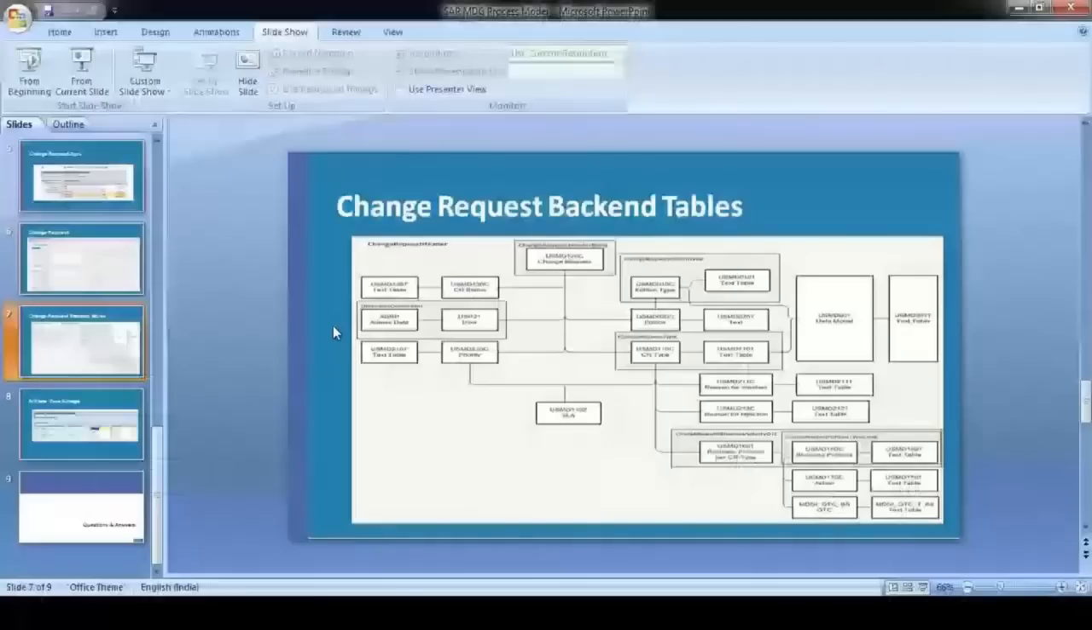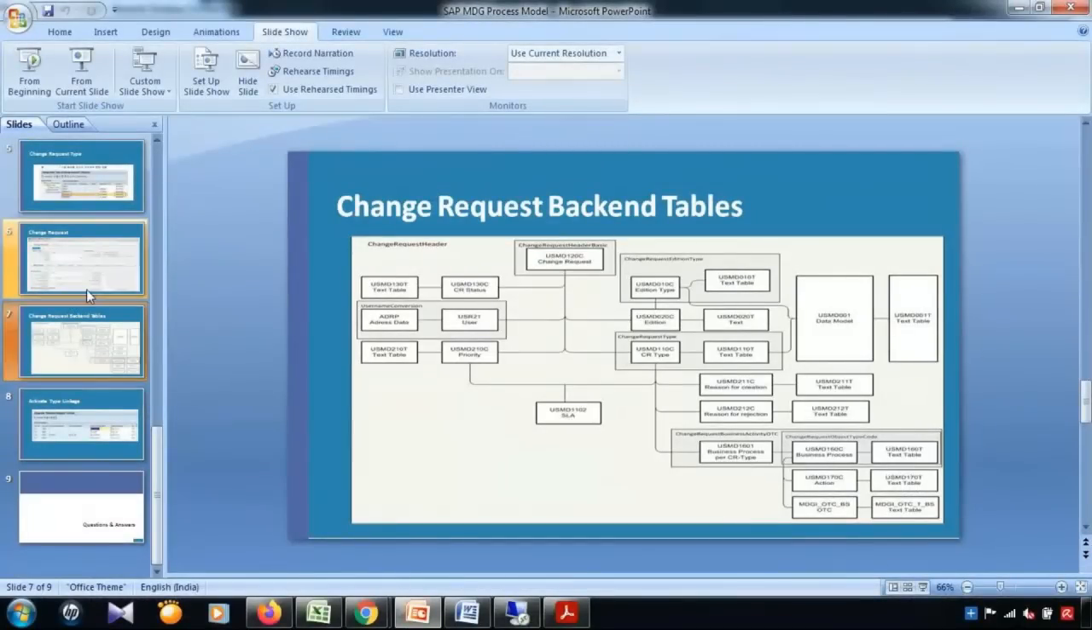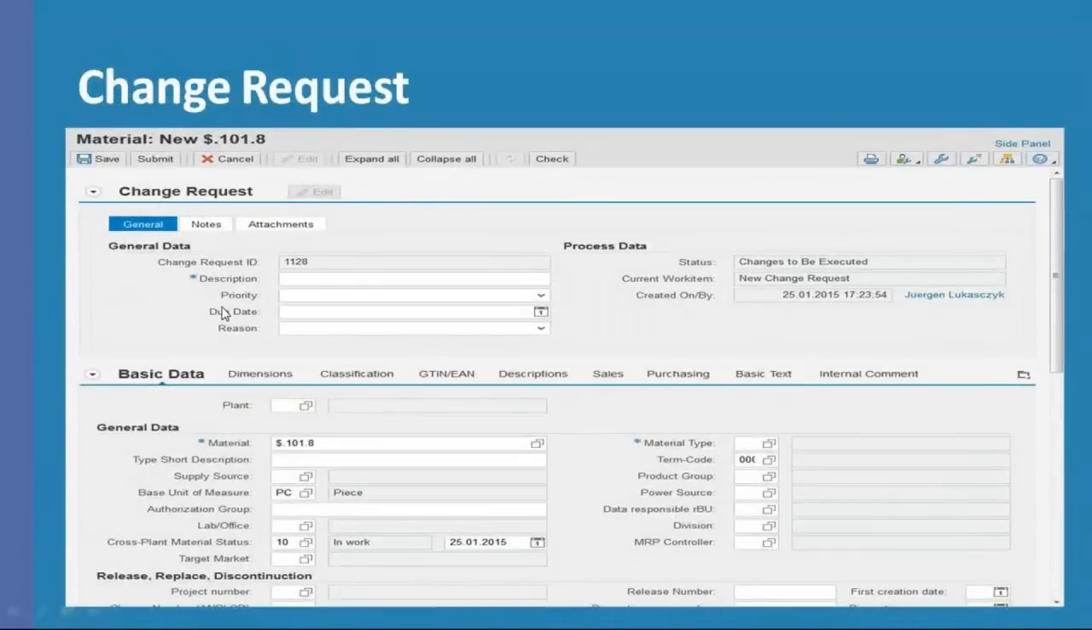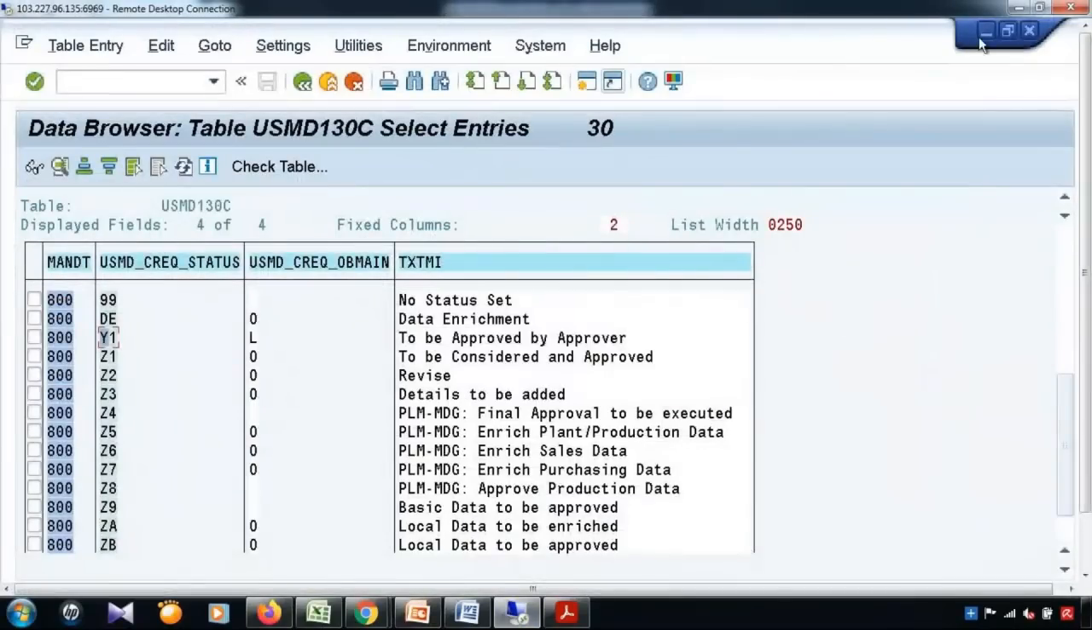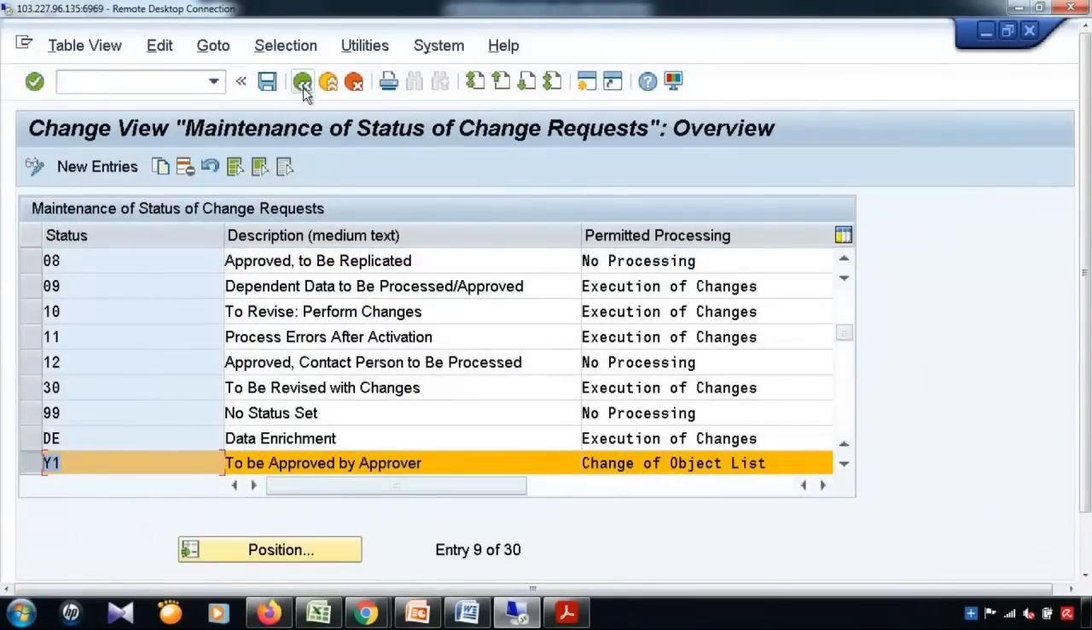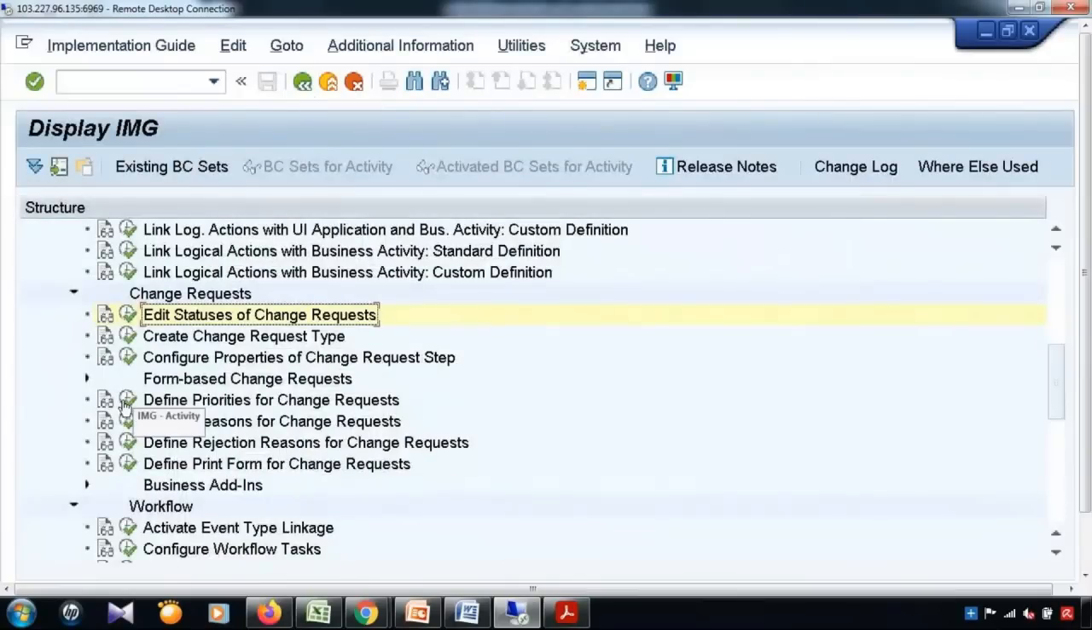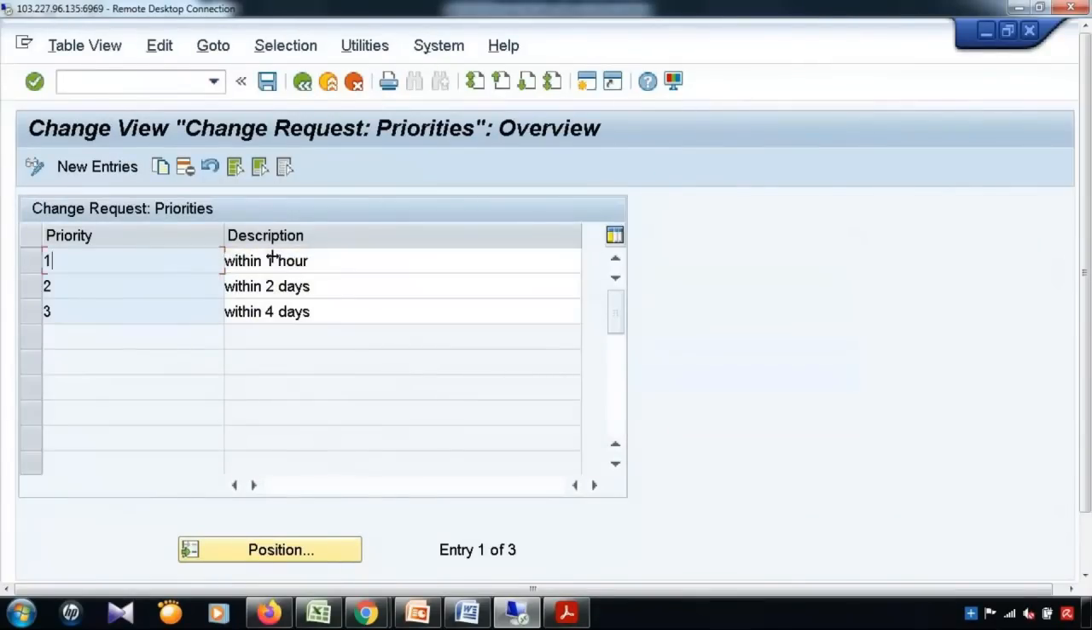So priority, again, if I go to the change request, every change request has some priority, right? Based on the priority, we need to understand how important this request is, and accordingly we need to act on it. So this priority also we need to define. When we go to define priorities for change request, by default you can see within 1 hour, 2 days, 4 days, whatever,